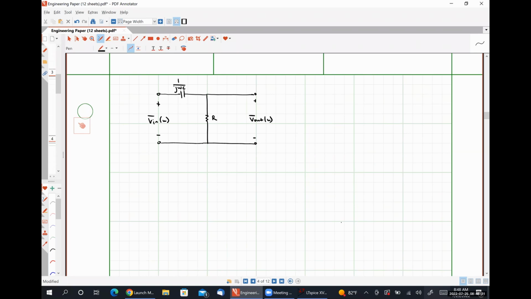So this particular circuit is going to have a transfer function of